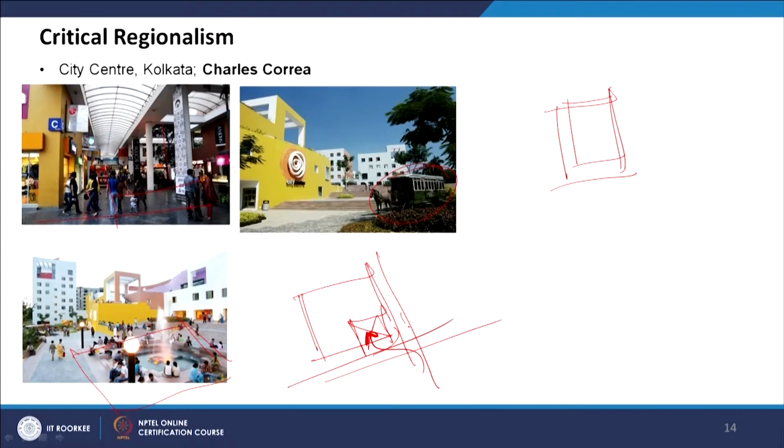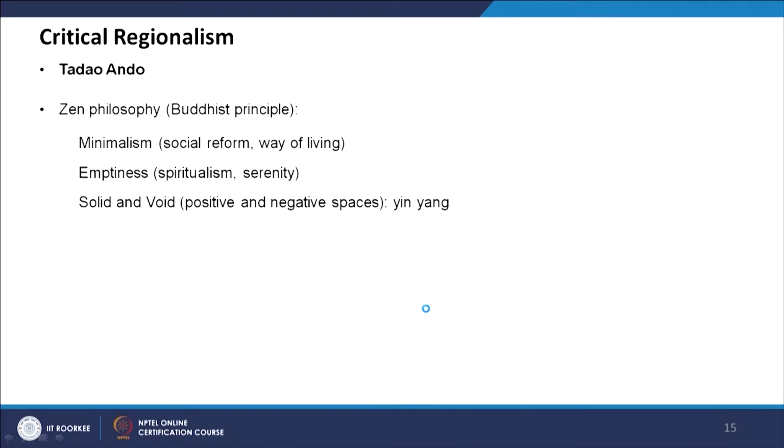So if this is the road, this part is given for the people, and people can come and sit. There are no shops over here, and people can just sit and talk to each other. That's also a culture of the locality, where people love to talk to each other. And this part, which is given to the urban realm, is creating a memorable place in this shopping mall.